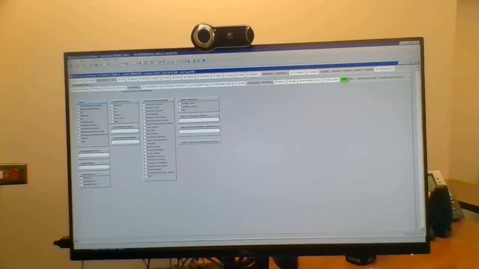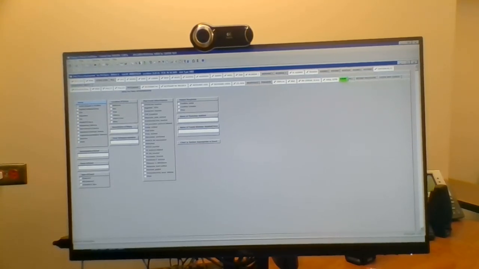So say you needed to call a rapid response code, and you want to chart about why you did that. So the location was, the patient was in the chair, they had acute change in condition, and what the patient didn't